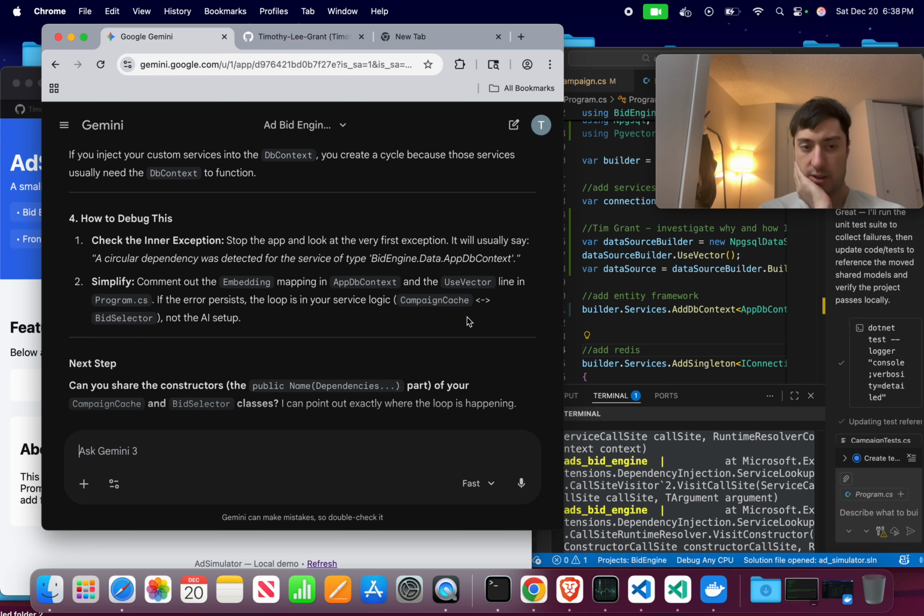Check the inner exception. Stop the app and look at the first exception. It will usually say